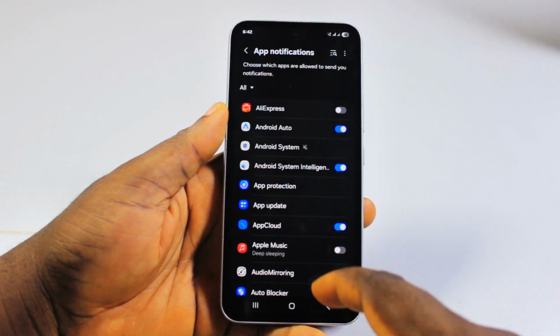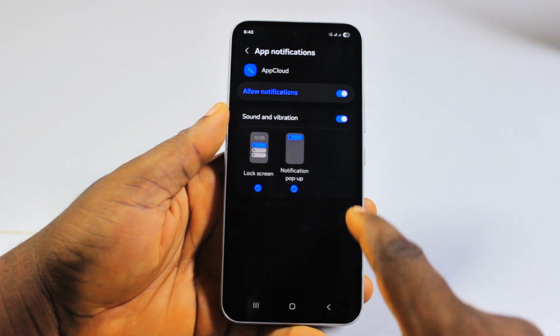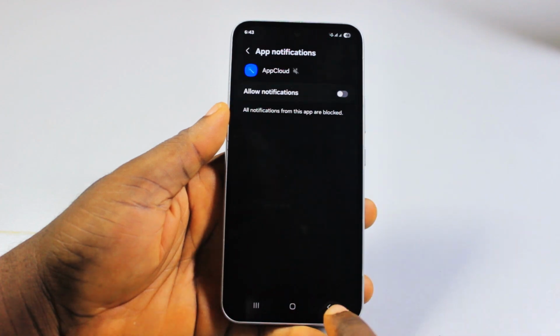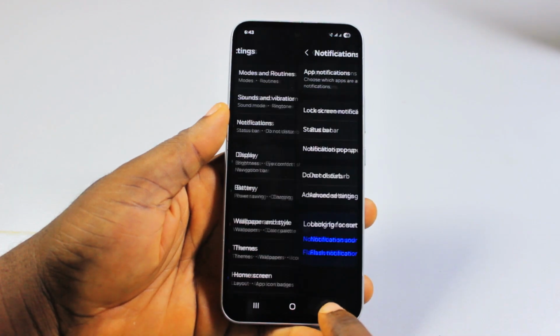Hit the back button. Repeat the same thing on all other system applications whose notification you want to disable. And then you are good. So that's exactly how to turn off system